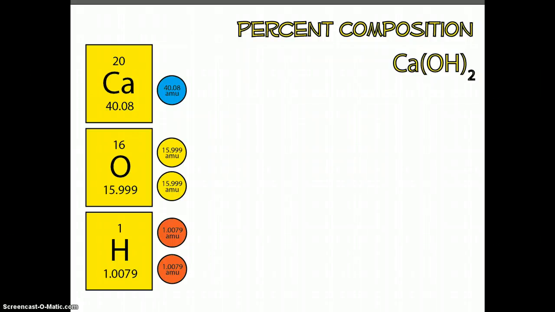In today's lesson, we're going to look at the idea of percent composition and how to calculate it. Percent composition is the percent by mass of an element in a compound. So if we look at the previous lesson's compound of calcium hydroxide, we see that calcium hydroxide is made up